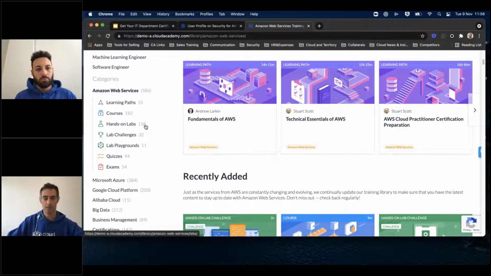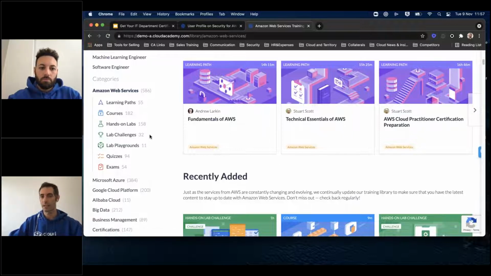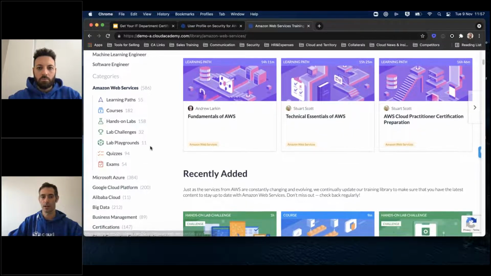I just want to spend 1 minute reiterating what the labs are. We actually have 3 different kinds of laboratories. The hands-on labs are guided, fully guided. The lab challenges are instances where something is broken and the user has to fix it without any guidance. And then you have lab playgrounds where you basically go in, you can try different things with some certain limitations, but it's just a free use of these instances just for you to try things out.